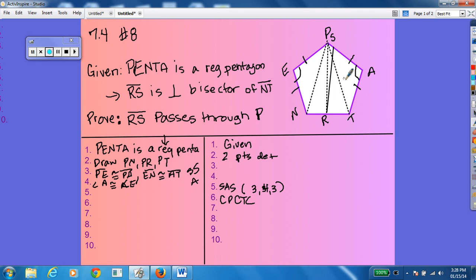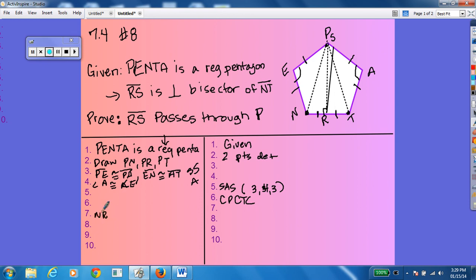But you really don't need to say that, because as soon as you prove that P is equidistant from N and T, and we use the given that this is our perpendicular bisector, we can prove that P is equidistant from N and T, that the perpendicular bisector has to be part of that line. Okay, so we're going to go with CPCTC, and then we're going to say after that that